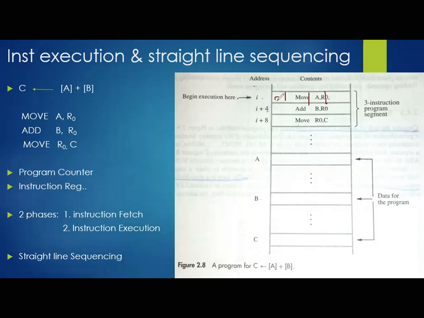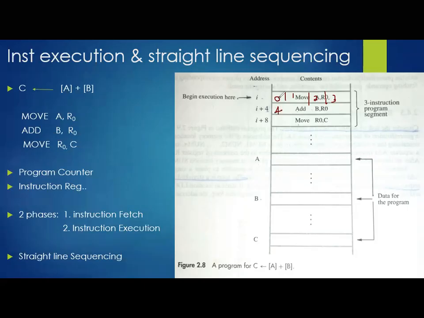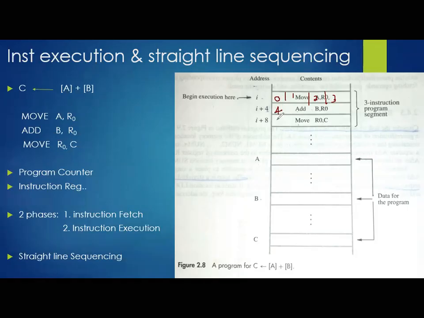If I start naming them 0, 1, 2, and 3, what will be the next one? 4. What is the difference between these two? Word address. 4 is the difference. Between these two, again 4 will be the difference. That's why I plus 4, I plus 8, I plus 12, like that we start assigning the addresses for these words. Clear? I hope you don't have any doubt regarding this I plus 4 and I plus 8. These are the addresses for this particular line.